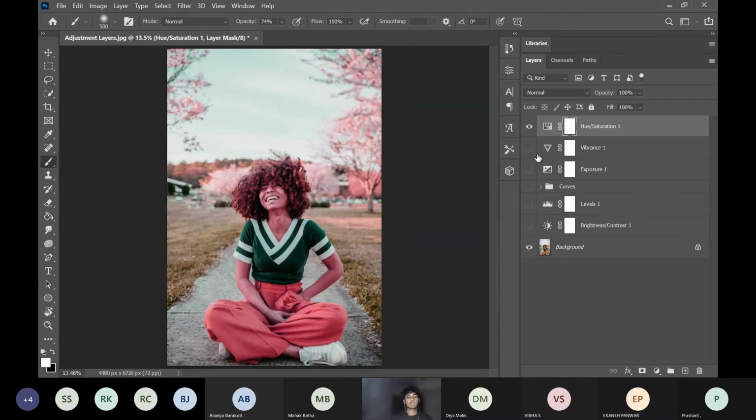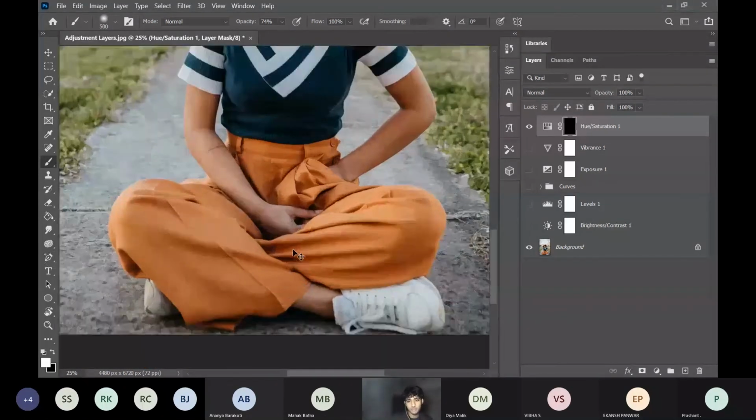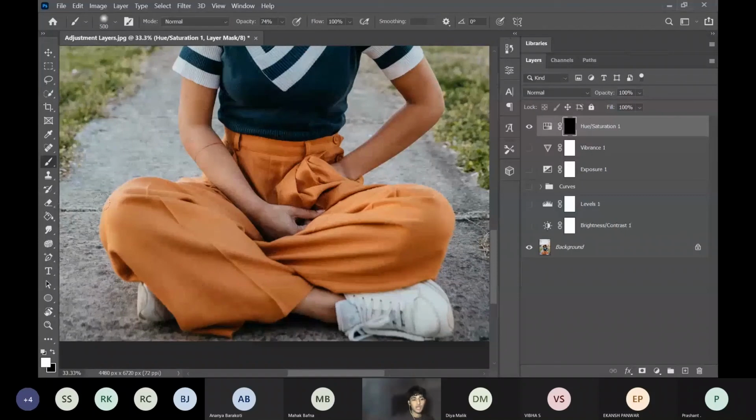How you can do it is Control I. As I was saying, select your layer mask and press Control I. What it did is fill the layer with black, right? And I want to have this pant in a different color, which I selected with hue saturation. So now have your brush selected using B, decrease it a bit because here we will need precision. The reason being that this pant and the color of the skin tone are too close, right? The reason is as simple as that. And color it up,